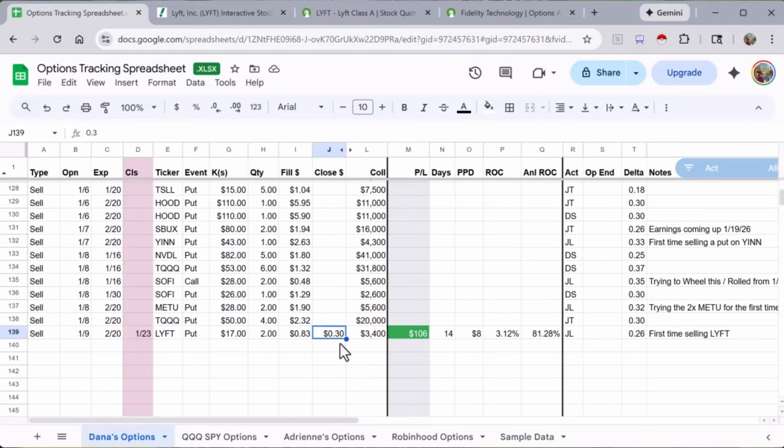If I let this go to 0, but let's say let this go all the way to the 20th when it expires, you see I make $4 a day and I end up with a 42% annual return. I do make more on my investment, but that's based over like 45 days, not 14 days, or 42 days here actually. So by closing it early, if it's to my advantage, once again, these are kind of guesses,